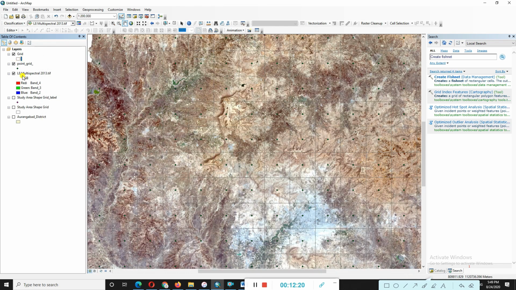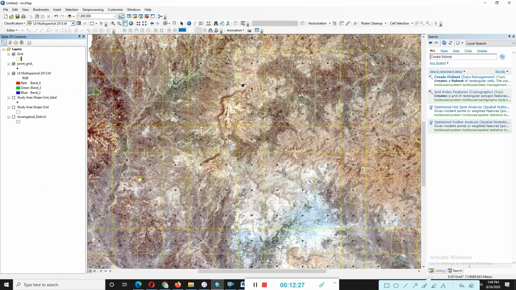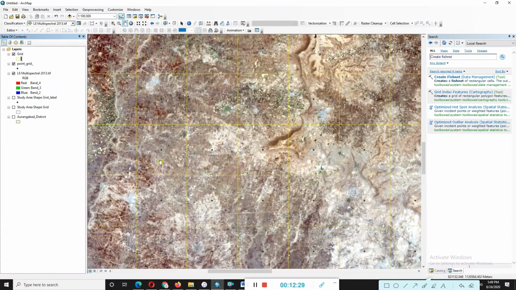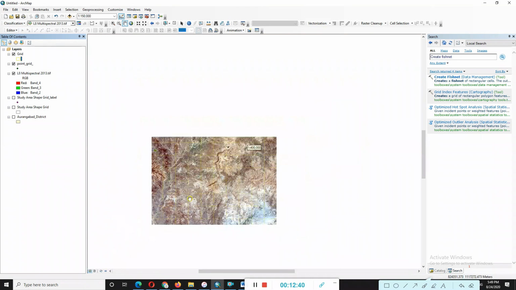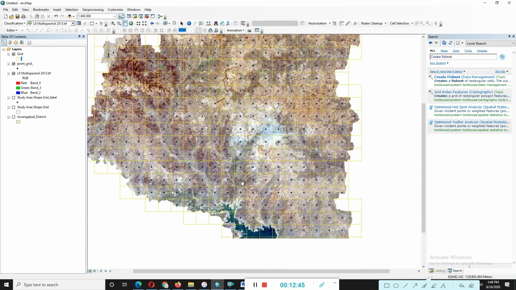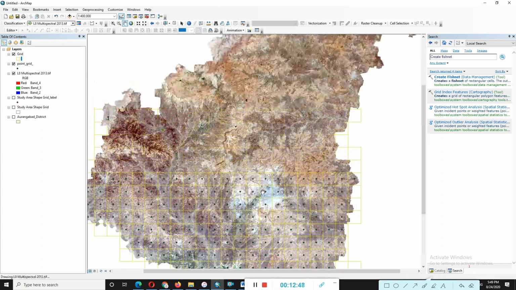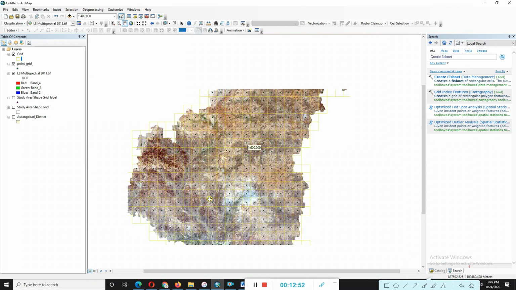Okay, just change the border line color. You can look here, 5000 by 5000 meters grids are created, so it is very useful for your study area. Suppose your area is divided by the number of grids, you can add that very comfortably. You can point out your GPS data for the study purpose.